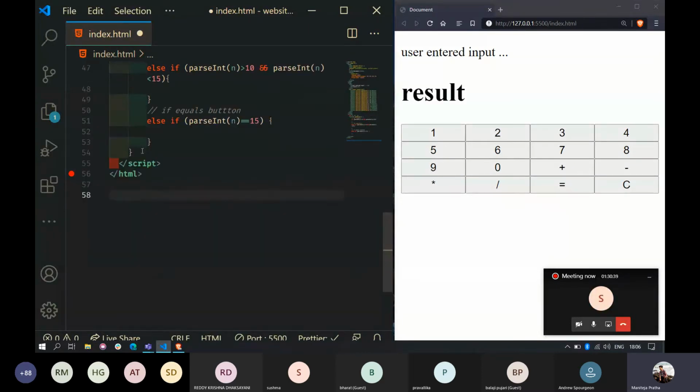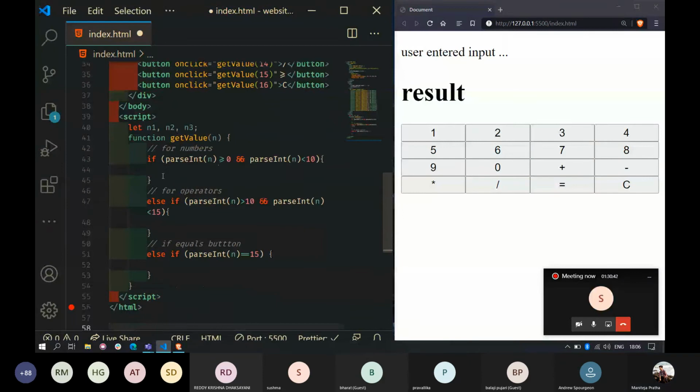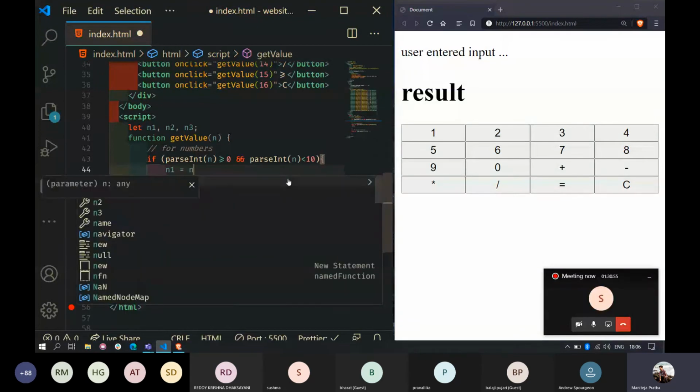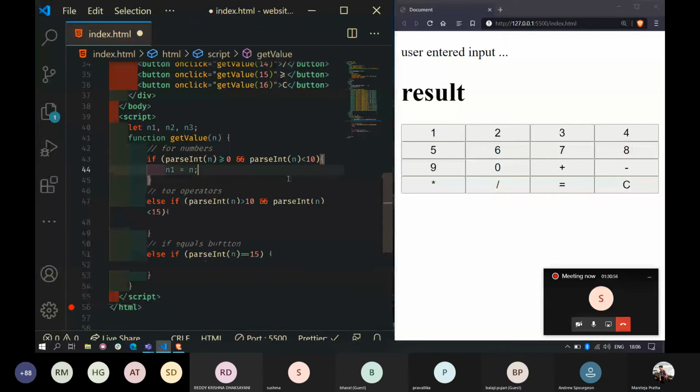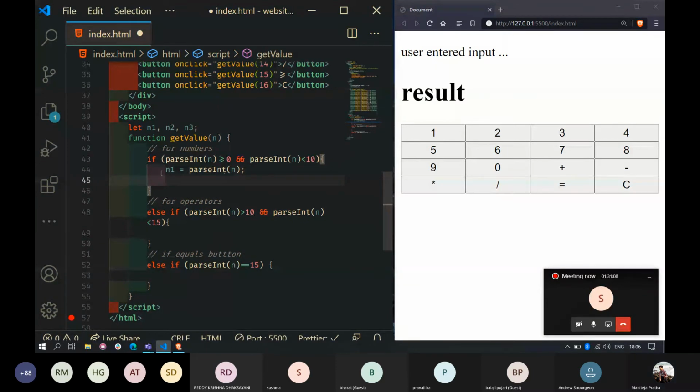So what I will do is, if the value is between 0 and 10, I will update the n1 value to parseInt of n, right? Okay, so I'm reading the first argument. Now let's create another variable for the operator. Fine.